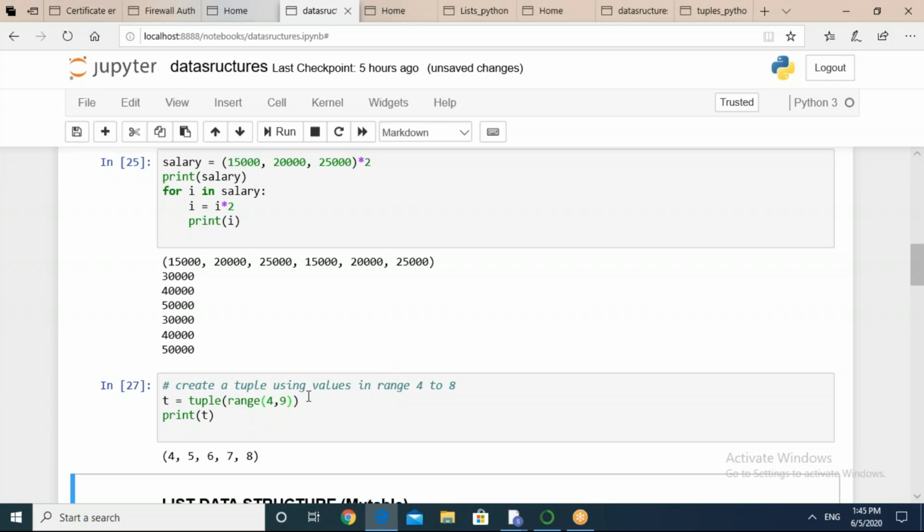Very nice. So Shreya Pankaj has added as a step size 2. Let me do the same. So 4, 6, 8. So I hope all of you have understood what we have done. With the name T, we have taken a variable. We have taken a range so that in my tuples, all the values from 4 to 8 should come. And for this 4, 9, we have taken as a start and stop. And if we want a step size 2, then we have given that also. And this newly built tuple is now printed and the values that you will receive will be 4, 6, 8. Very good.